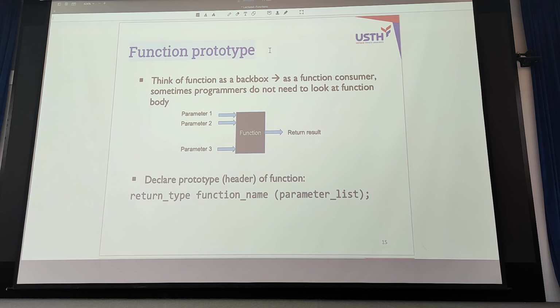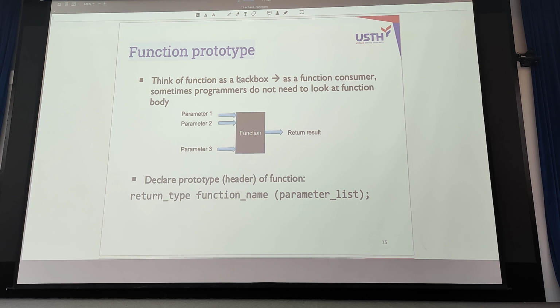What is a prototype? Prototype is like a black box. You consider this as a black box.